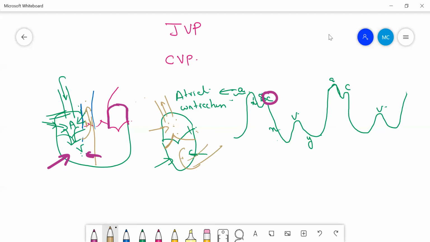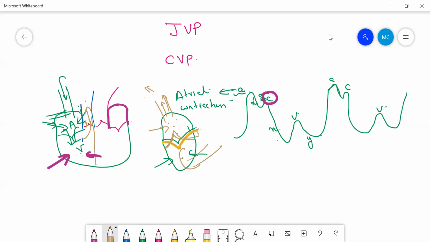Mainly because of this atrial relaxation, there is again going to be the downward displacement of the tricuspid valve. See, during ventricular systole, there was the upward displacement of the tricuspid valve, due to which increased pressure was transmitted to the right internal jugular vein. But now during this X descent, there is atrial relaxation, due to which there is downward bulge of the tricuspid valve. There is decreased pressure inside the right atrium, and decreased pressure in the right internal jugular vein, which is responsible for the X descent.